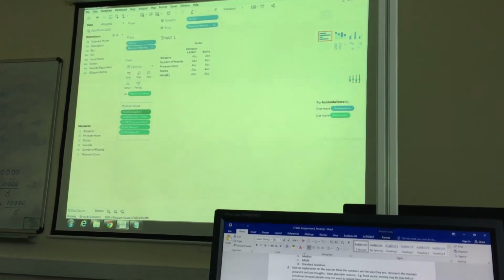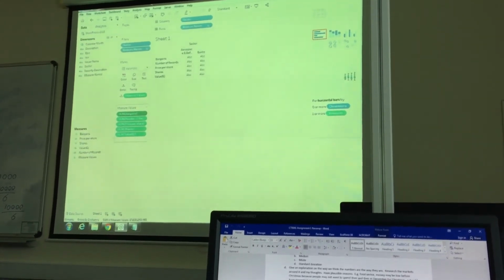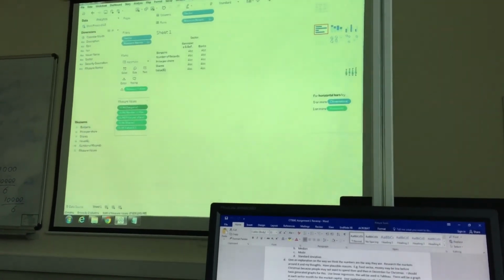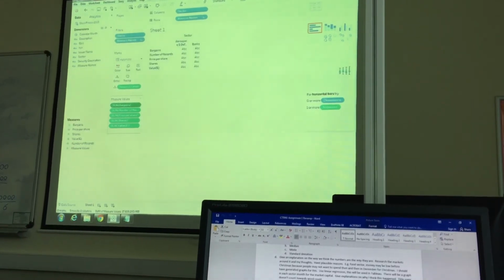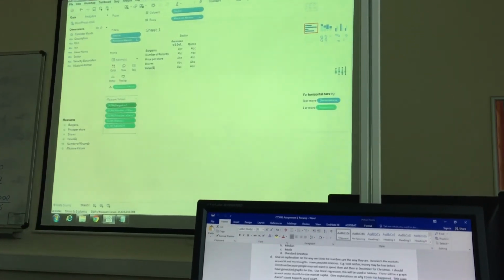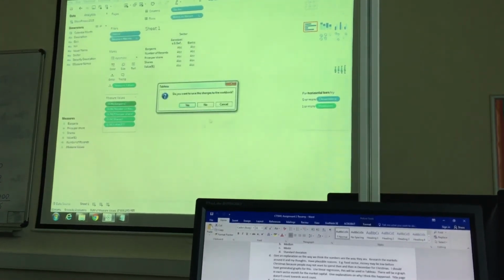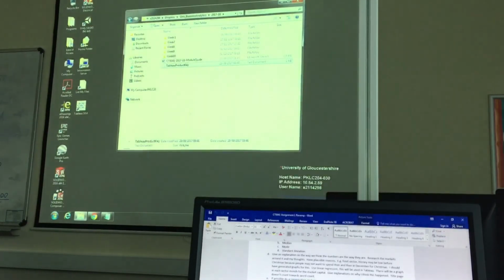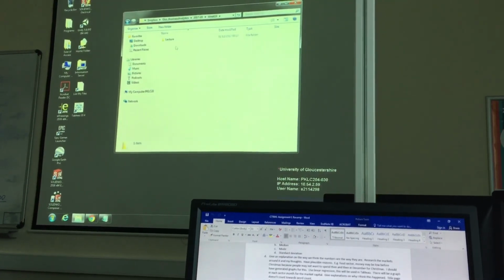Okay, so that's something that I wanted to touch upon based on the emails that I've got with regards to Tableau. So hopefully that clears up. And now we will look into a bit. So what we were